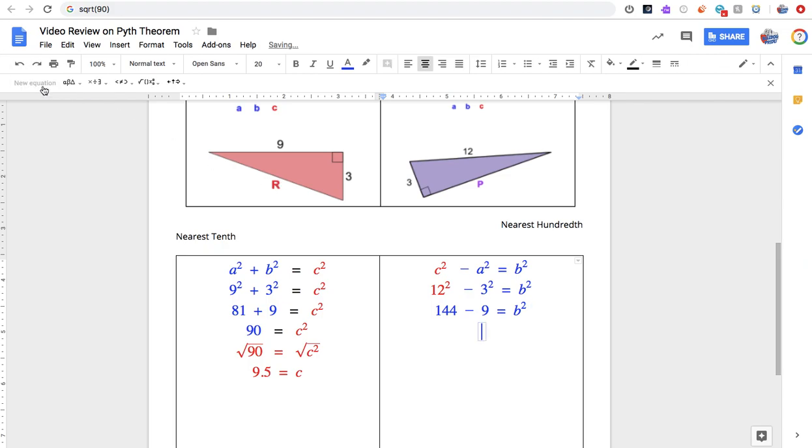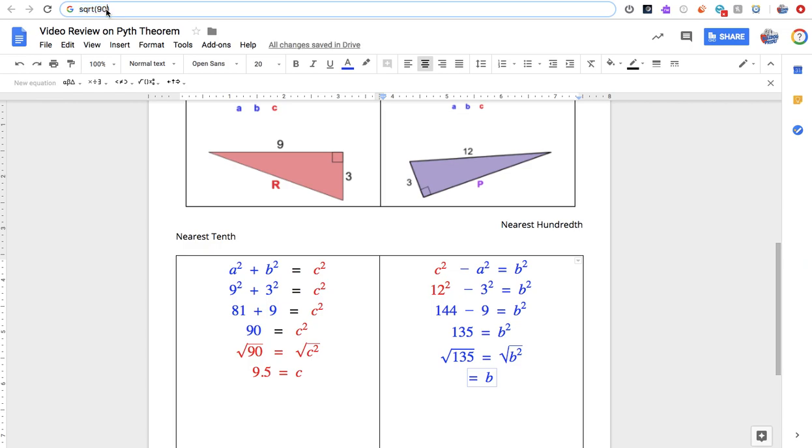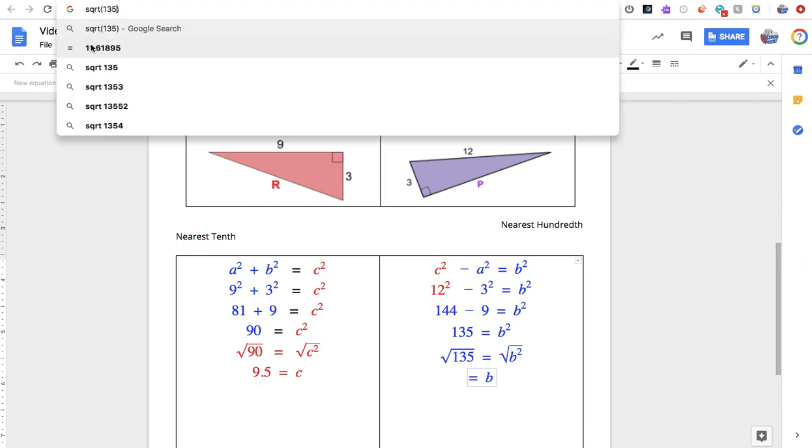Now we're going to combine like terms. 144 and negative 9 are on the same side. They combine to make 135, and that's equal to b squared. What's our last step? As always, we need to take the square root to finish the Pythagorean theorem because that's how we cancel out the exponent of 2. The inverse operation of the exponent, or squaring, is to take the square root. The square root of b squared leaves us with b. And when we take the square root of 135, we get